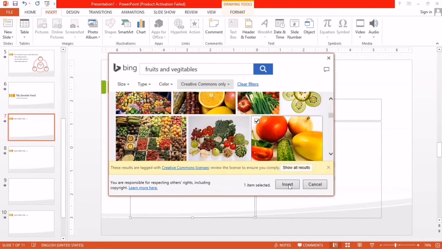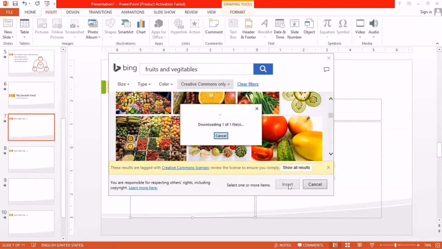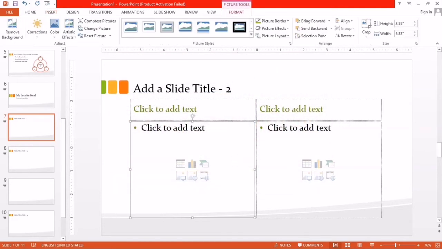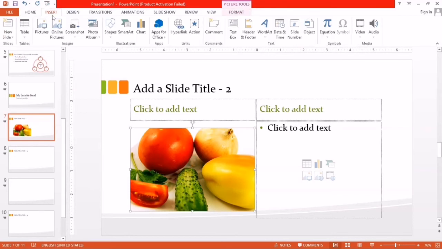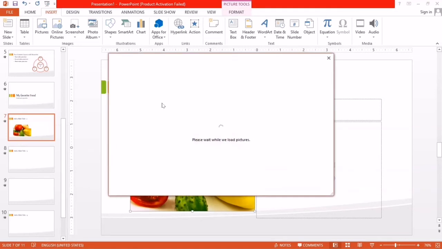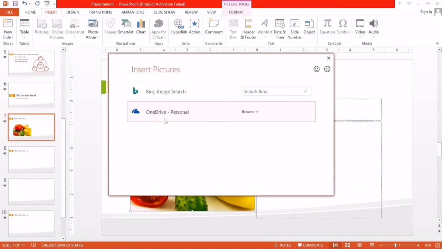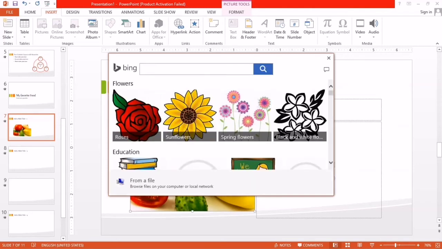Okay, suppose I want to insert this, I select this picture and it takes a little time to download. So this picture is available here. And suppose you insert any other picture again, I select Insert Online Pictures, and I repeat the same process from Image, and here fruits.